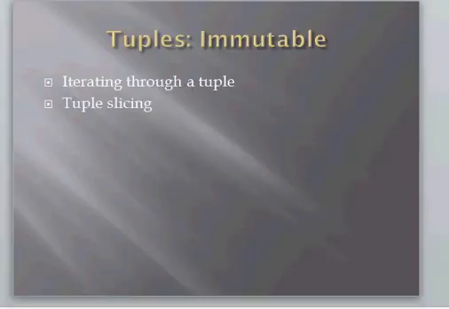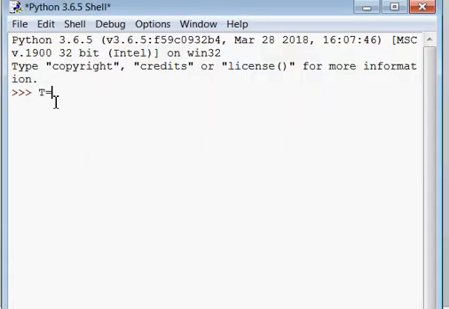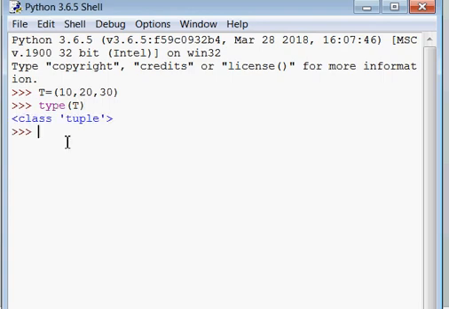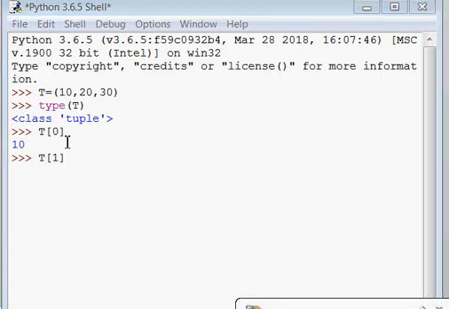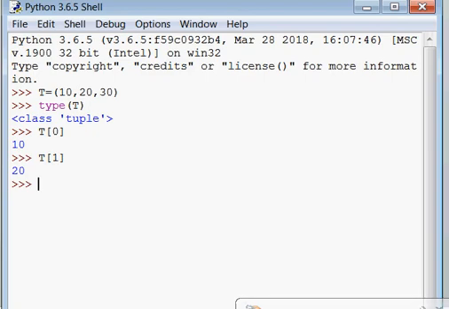Our next topic is tuples. Tuples are immutable in nature. If I want to create a tuple T, I can create it by saying in small brackets 10, 20, 30. So if you want to check its type, it is giving tuple type. So if I want to access its individual element, we can just access them as we have used in string and lists by saying T of index. For example, T of 0 is saying 10, T of 1 will be displaying 20, and in the same way we can access various elements of the tuple.